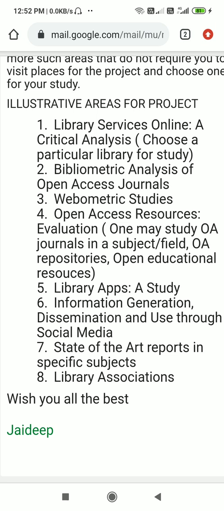You can do your entire data collection through an online survey. So these are the 8 topics suggested. You can pause and write it down. So this is about the IGNOU synopsis submission procedure.